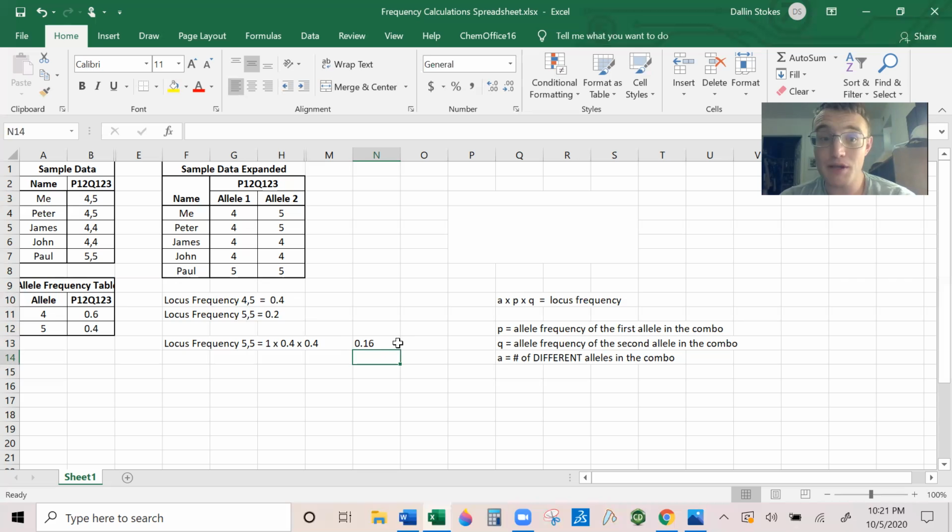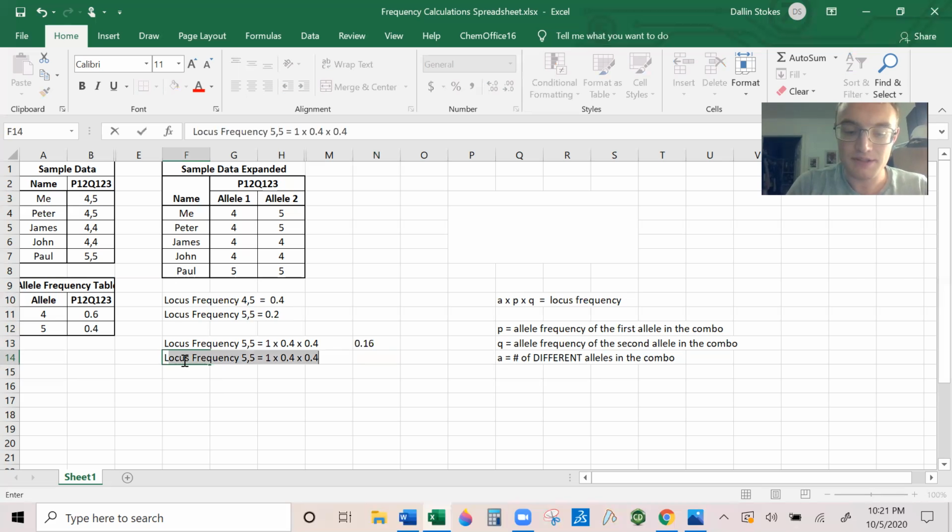But notice, especially for having such a ridiculously small population size, that's pretty close. That's a pretty good guess right there. So the formula worked for him. Now let's use it to calculate my locus frequency and see how close it gets. So the locus frequency of a 4-5 combo,